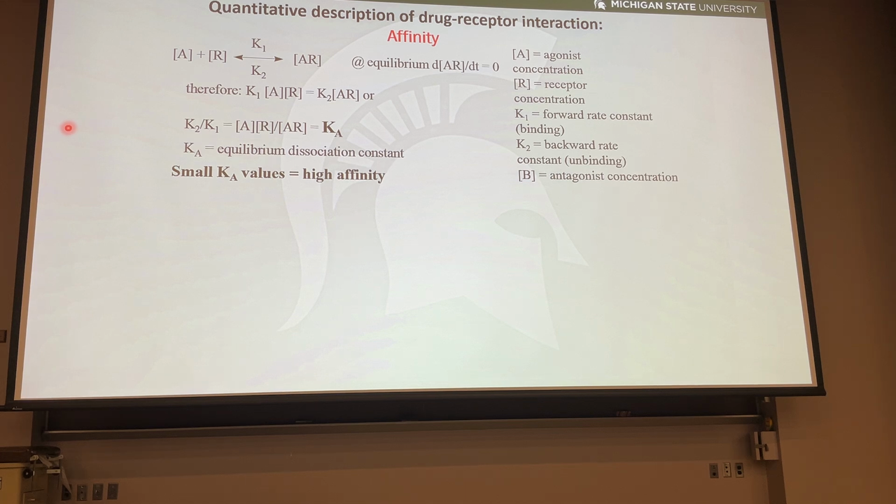So we're going to talk about how a drug affects the receptor. Two things that we need to identify are the affinity of the drug for the receptor, so how well a drug binds to a receptor, how tightly it binds to it, and then efficacy, as we talked about before, which is the effect that a drug has on the receptor or the system that you're studying. Starting with affinity, we can quantify how